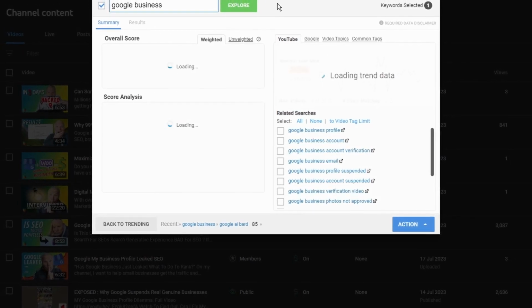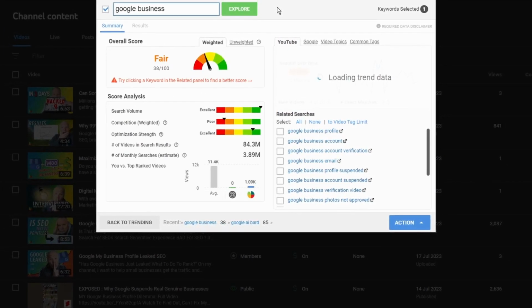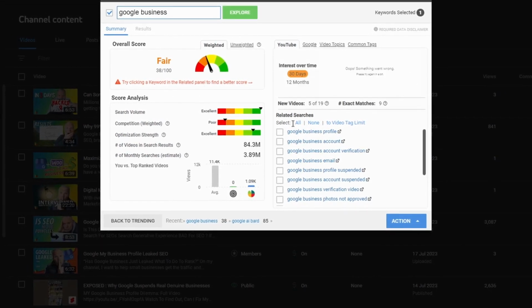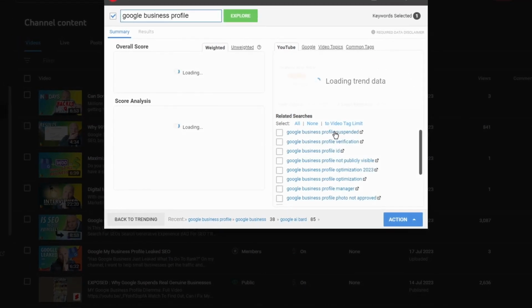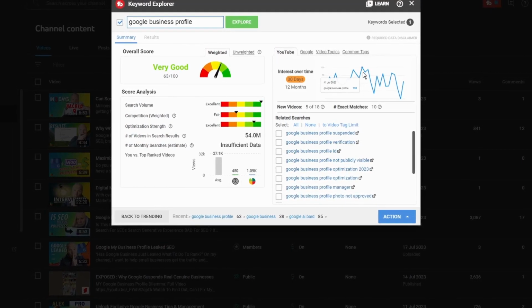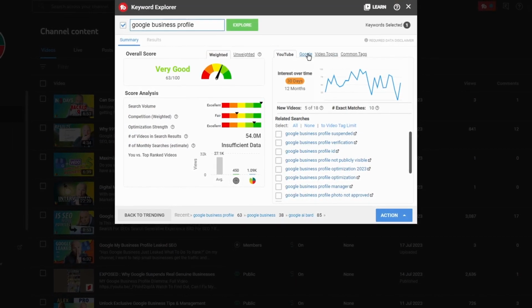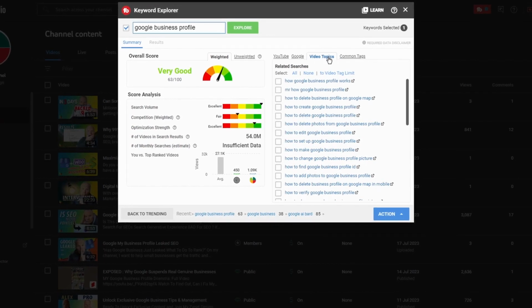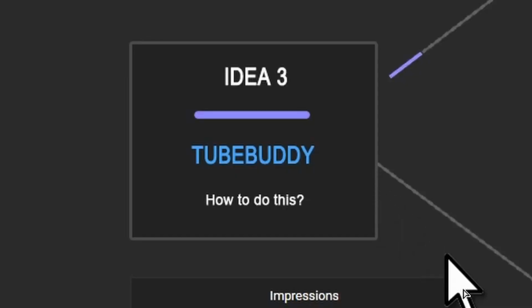So you can install the TubeBuddy add-on. A link below will help you find your niche using keywords. And you can look to see what's trending in your niche, and look at the keywords being used today. And this is a perfect playground for ideas using the very data of what is actually being searched for. So again, you're not guessing, but this is based on real data, real searches.